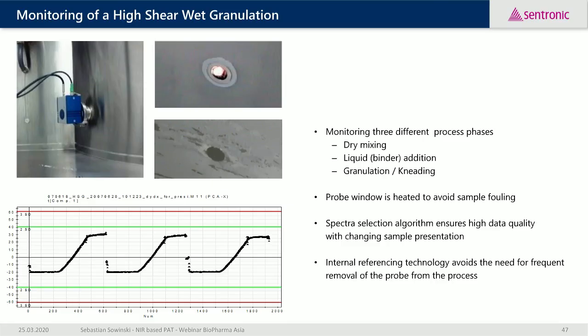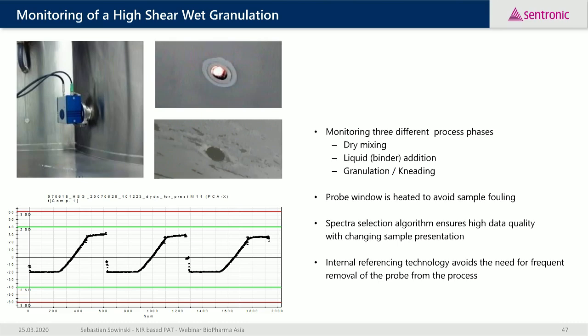And this has a high risk of window fouling. We solve this by applying internal heating to the sapphire window as a sample interface itself. By this heating, the viscosity of the binder remains on a level where it doesn't tend to stick. With the heating, in combination with the forces of the moving product, the window remains clean, while everything else is coated inside the